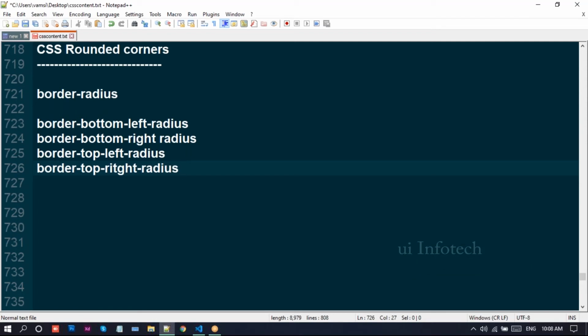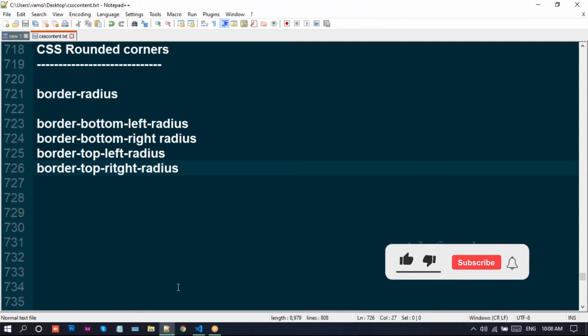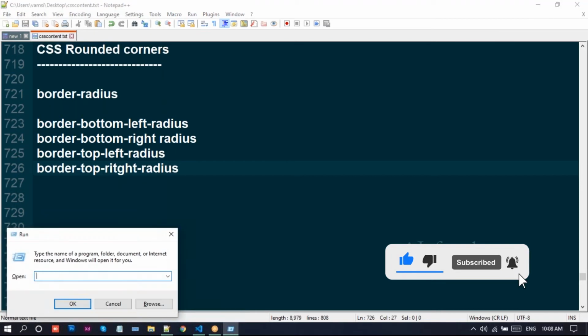So we can use these four properties to produce different shapes in CSS.